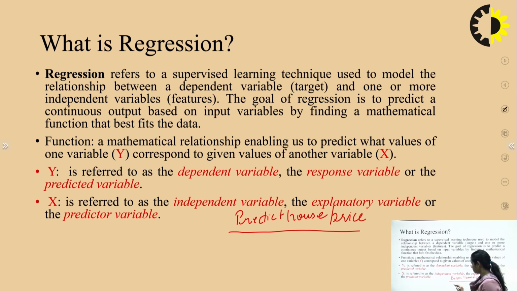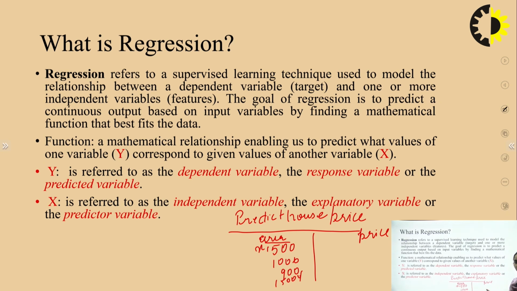in this case, there may be some dependent variables and some independent variables. An independent variable may be, I can say, the area of the house. Suppose it is 500 square meter, or it is 1000, or it is 900, and so on, 1500. Right? So these are the areas. These can be considered as x1 or x2 or x3. These are the independent variables. And the price of the house